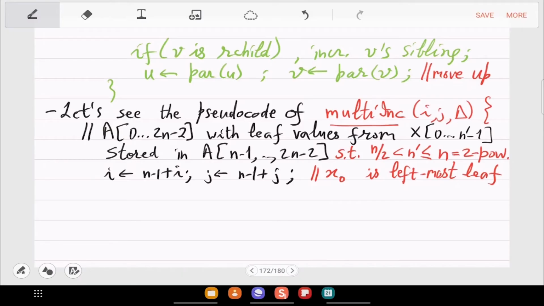And so now the steps that we saw yesterday. So AI and AJ we will immediately increment. AI is the left one, so this we have incremented. Now if j is greater than I, we'll increment that also.